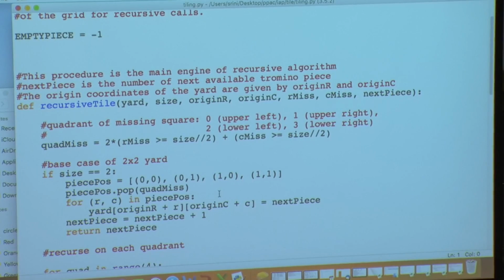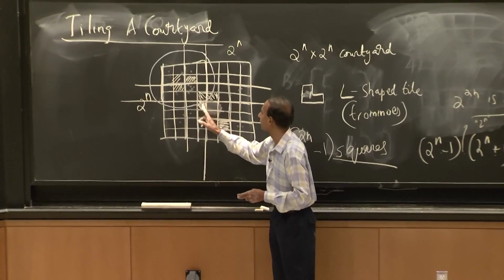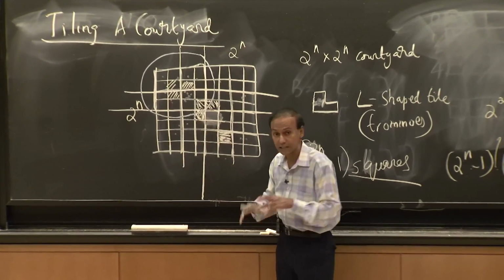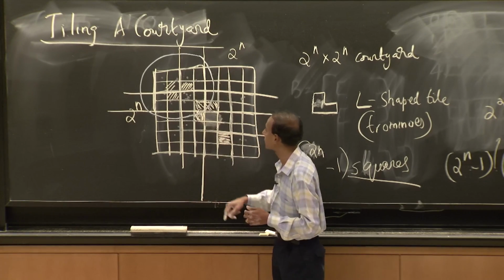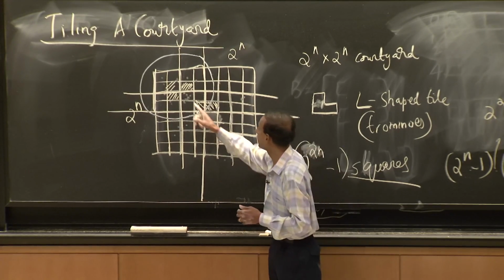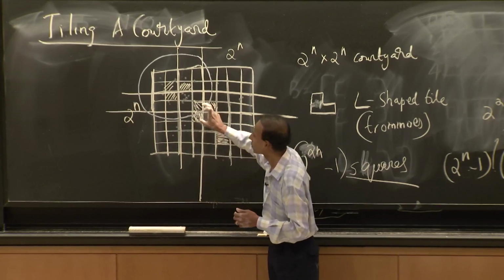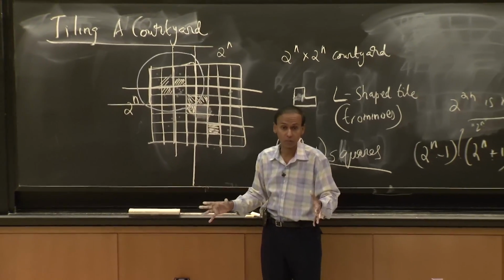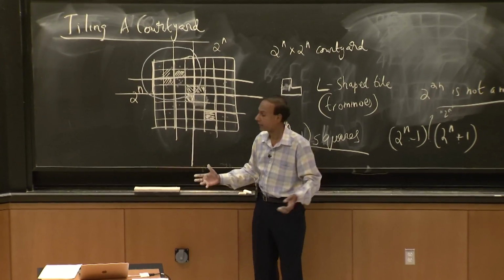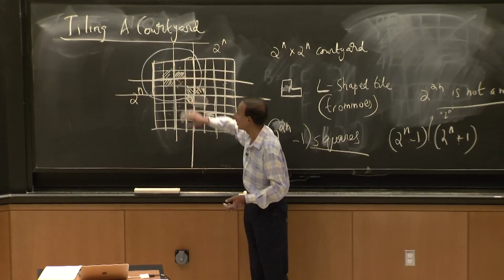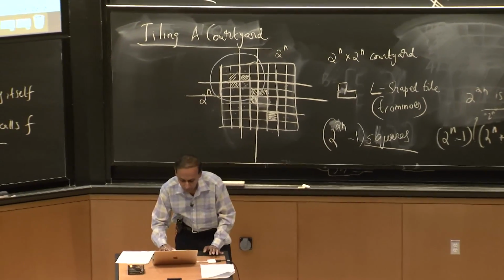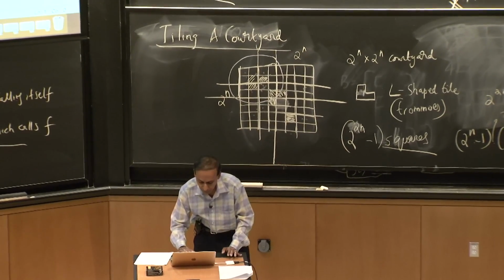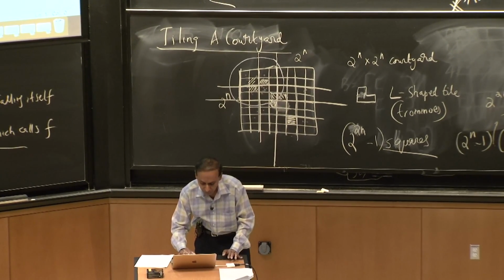So you get an arbitrary square to begin with that is missing, and then you have to go to the middle. That's clear. You're going to go to the middle of this courtyard, and you're going to split it, and you're going to decide which way this L-shaped tile is oriented, and then you have to do the splitting again. And so it's just bookkeeping. That's really what this is all about. It's not algorithmically interesting. It's just bookkeeping in terms of the orientation of these L-shaped tiles. So if you look at the code, and if you ignore a bunch of these indices of these different variables,